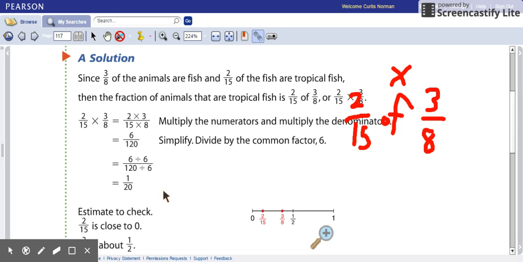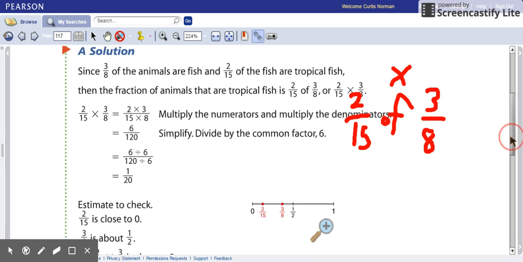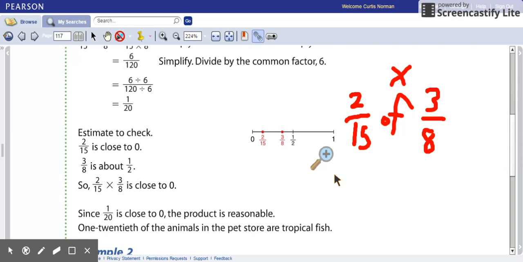Interesting. Think about it this way. If you ate 1/20 of a pizza, did you eat very much pizza? No, you barely ate anything, right? Well, let's check our estimate here. So we can draw another number line. In this case, you'll see the number line is broken into 0, a half, and 1. So they're saying 2/15. Well, if you draw 2/15 on your number line, it's going to be pretty close to 0. Think about it, 2/15 of a pizza. If you ate 2/15, you barely ate anything, so you're close to 0. Now, if you ate 3/8, well, half of 8 is 4, so 3/8 is just before a half, right? So now